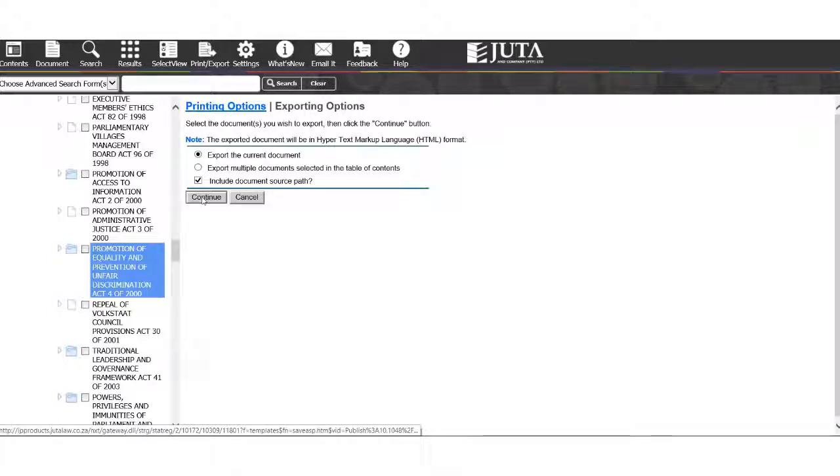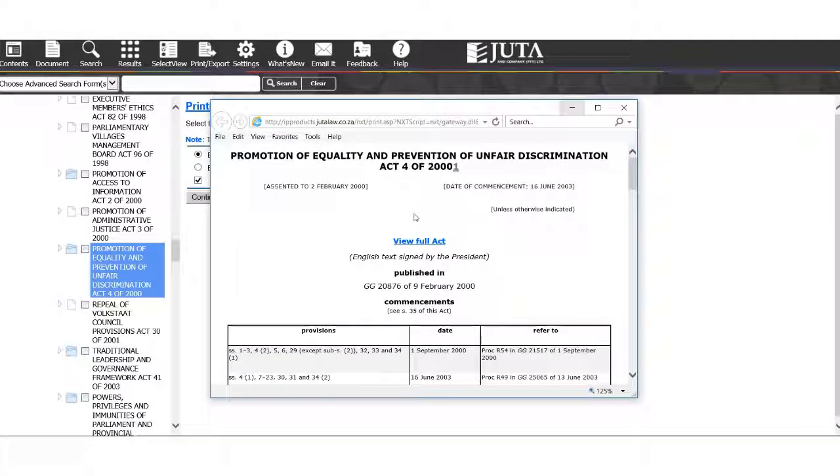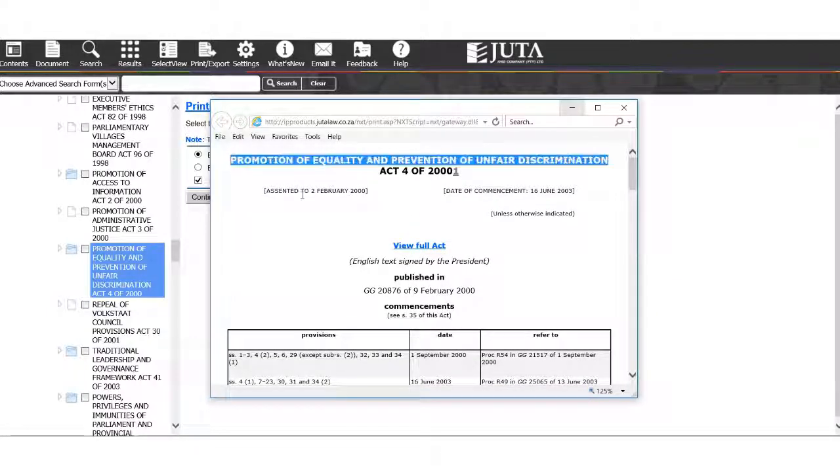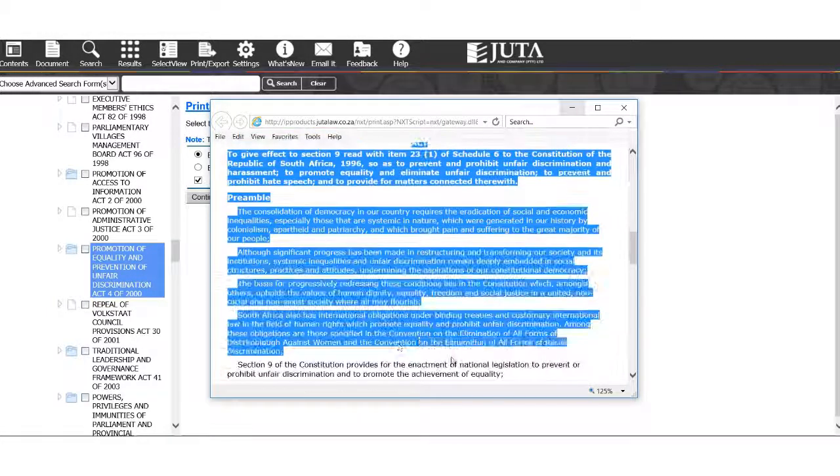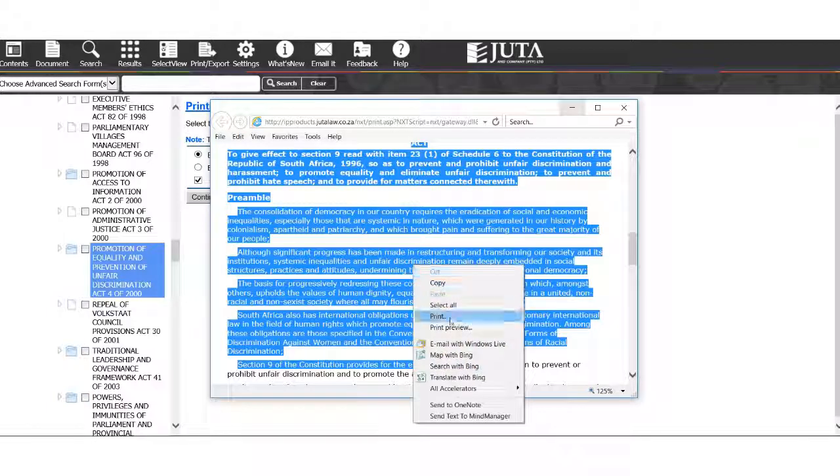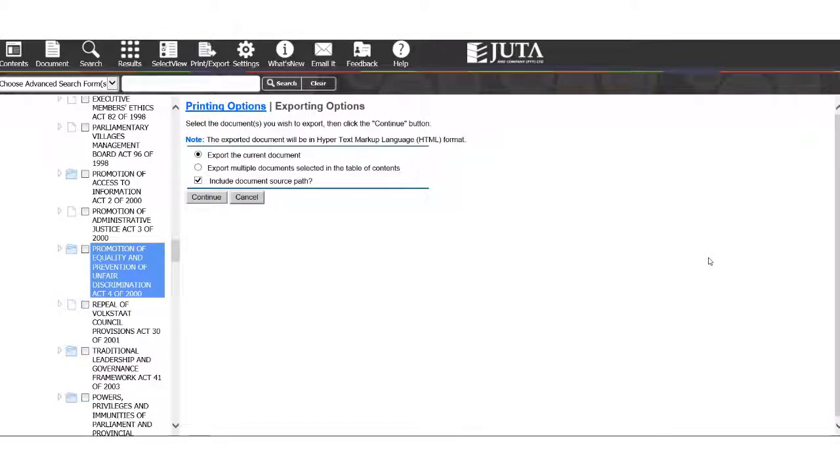Let's just wait and see what's happening. And there's an act. Then you may copy the whole act and then paste it wherever you want to paste it and save it to your preferable way of saving your